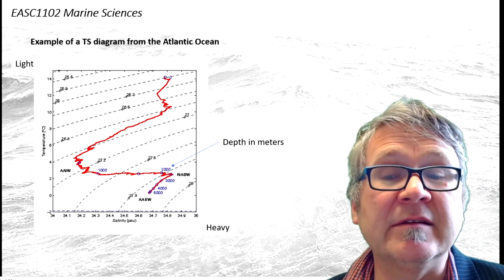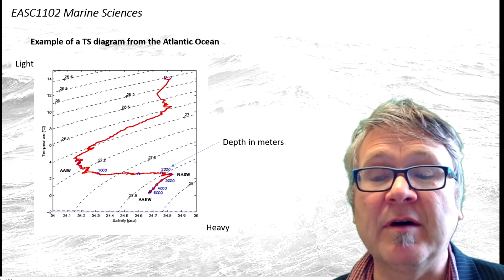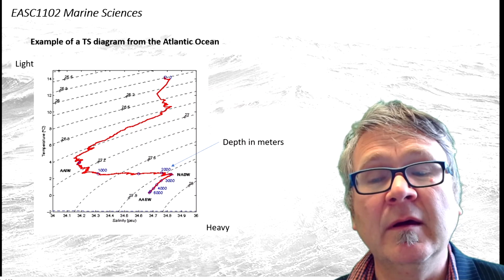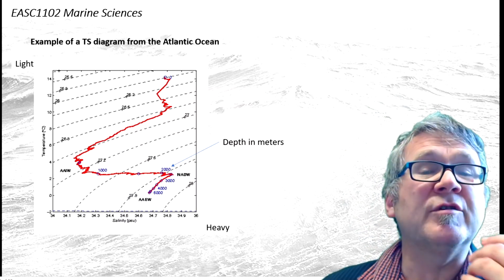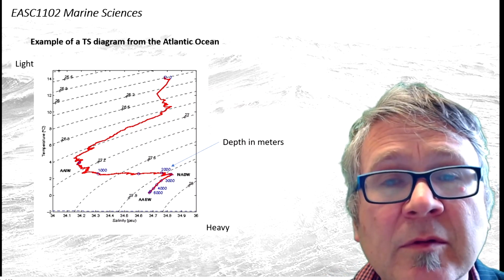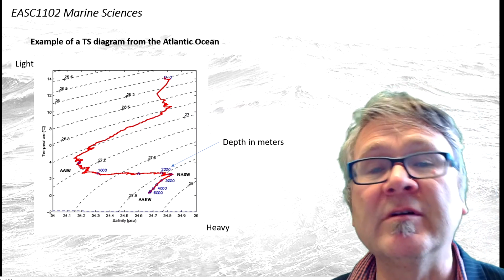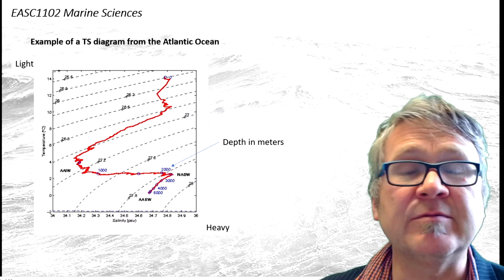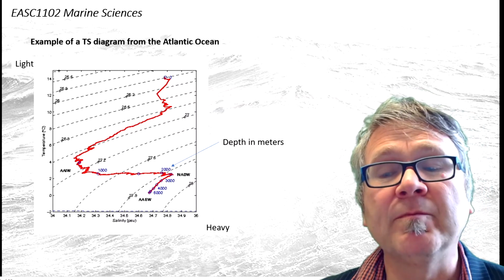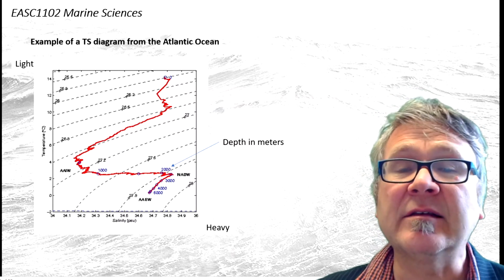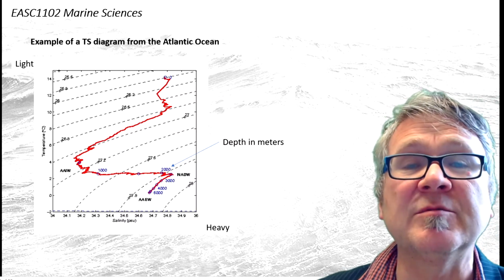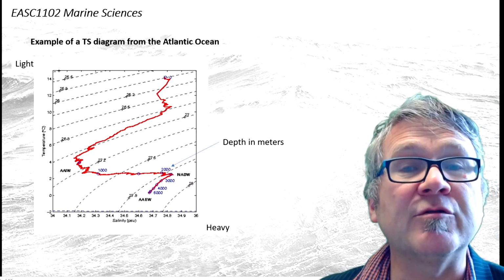In this, you can see that at a depth of just above 1,000 meters, there is a salinity minimum. And with these features, you can actually identify where the water comes from, the origin of water masses. And this water, for example, that I just referred to with the salinity minimum, is known as the Antarctic intermediate water. And you can tell where it is formed in interaction with the atmosphere, and you can trace it through